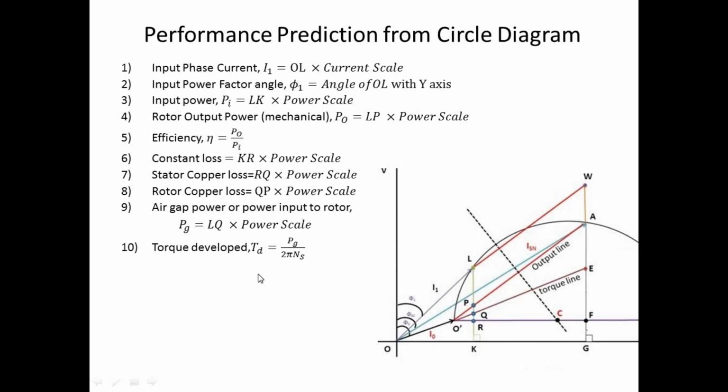And again we have rotor copper loss and air gap power. So we can find the slip. Slip S is equal to rotor copper loss by air gap power. So if we found S, we can find the rotor speed by S equal to (ns minus nr) by ns. So these are the results that can be found from the circle diagram. So with this, we can wind up this session. Thank you.